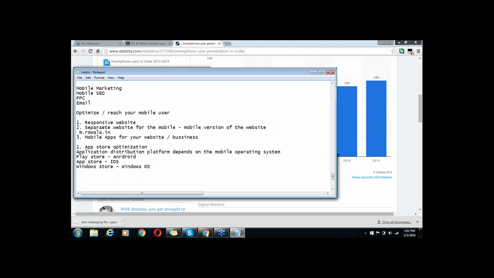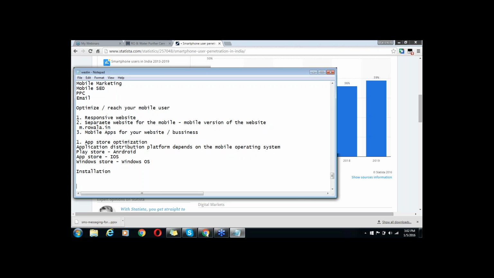Second challenge: if you have created the mobile application for all these platforms, the second challenge is installations. How you can incentivize and promote your mobile applications, how you can acquire that first-time installer, the first-time users who install your application, by giving them offers. So the second challenge is how you are managing the installations, and the third challenge is